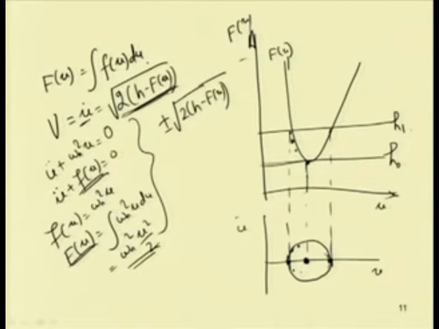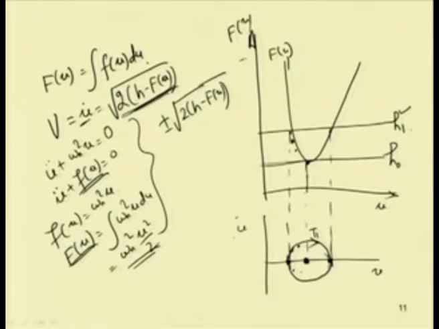So, this closed curve represents the trajectory corresponding to H1. Corresponding to total energy H1, one can find the trajectory T1, which represents the flow or trajectory of u versus u dot. Similarly, corresponding to another